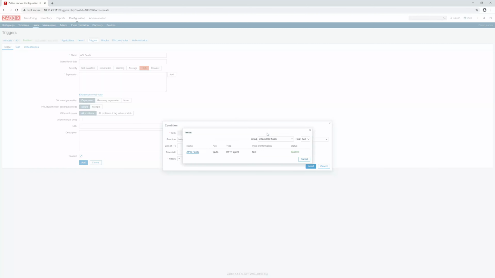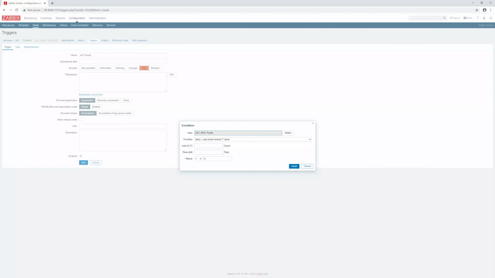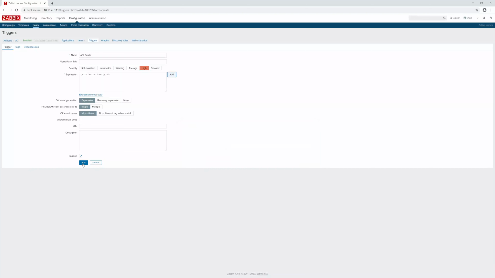Here we select item, which is APIC faults, and the result would be, let's say that we raise that fault if value of that item is more than 5, which is true in our case. So we will insert this expression, we will add it,